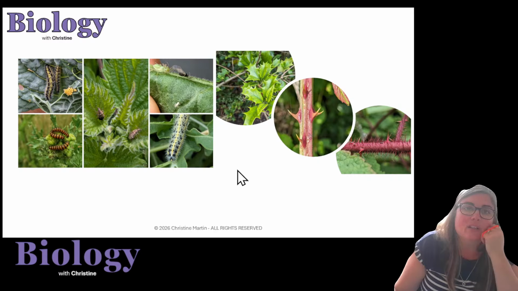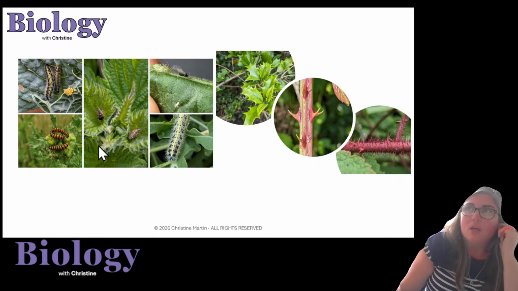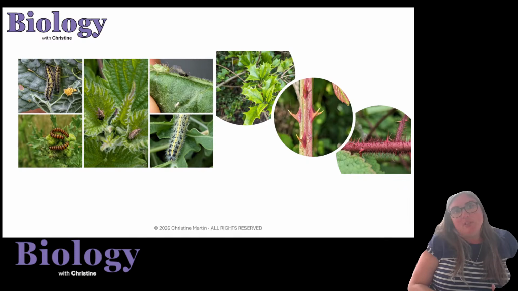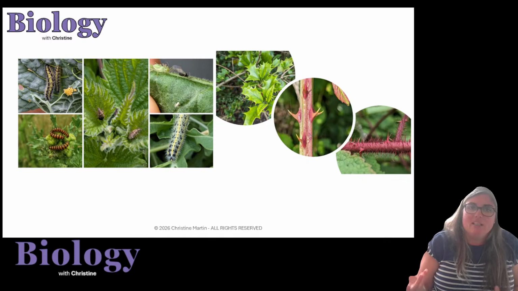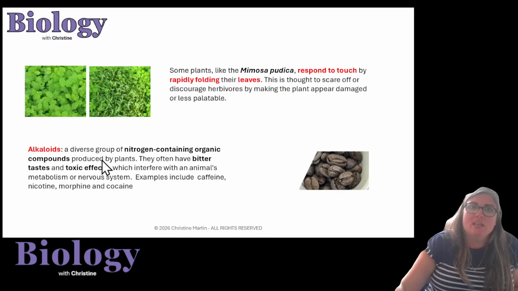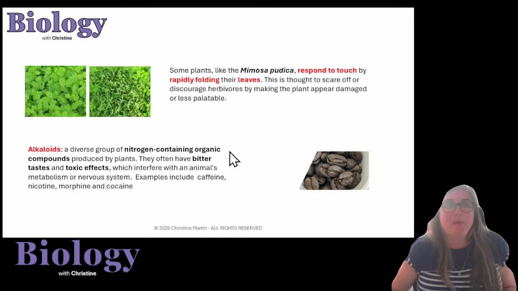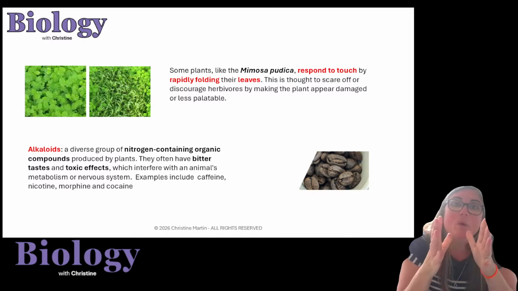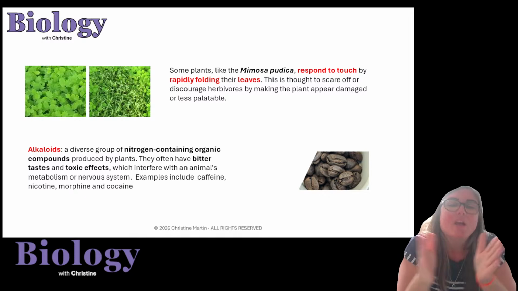And the only other thing they could talk about is plant response to herbivory. That would be where the plants are producing their spines, their thorns, their spiky bits, or they could be producing chemicals. Now, if it is about the Mimosa pudica, the one which is responding to touch, that is going to